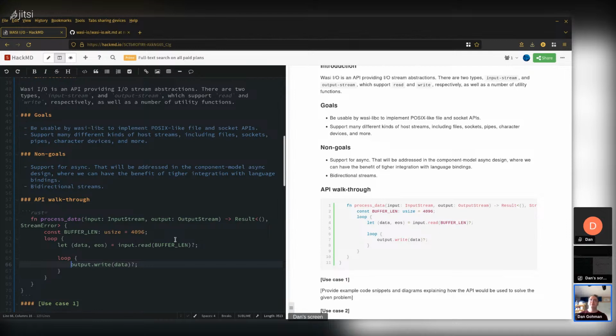It could write fewer bytes than we requested. So we're going to have a view of how much remaining data we have.